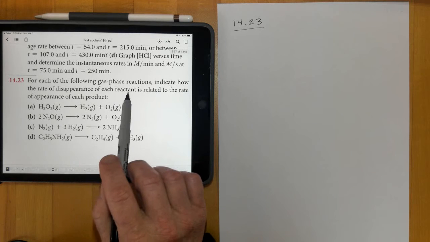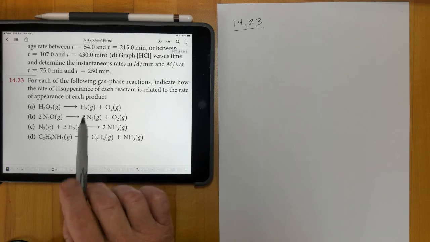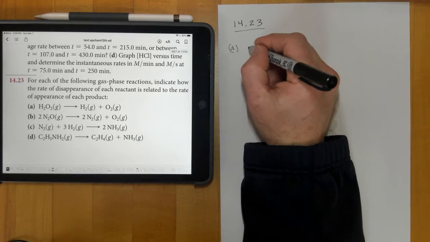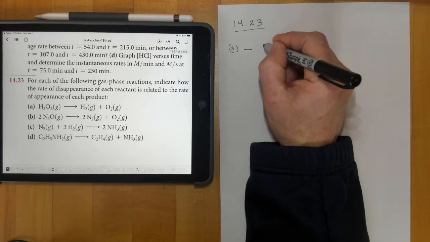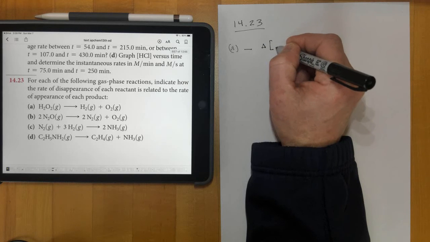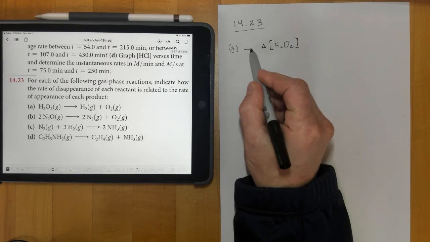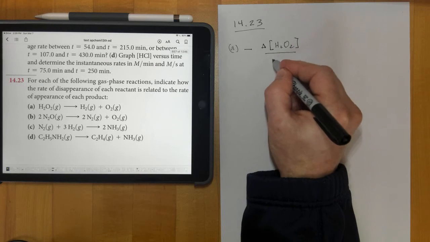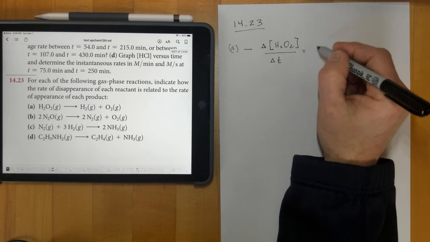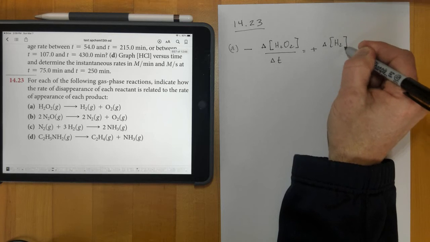14.23 For each of the following gas phase reactions, indicate how the rate of disappearance of each reactant is related to the appearance of the product. So, since there's a 1 in front of here, for every one of these concentrations of H2O2 that disappears, that's why there's a minus sign, per unit time, we have appearing one of these H2s for